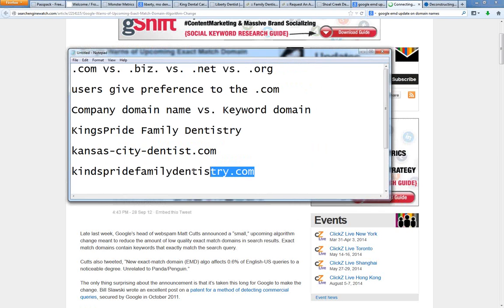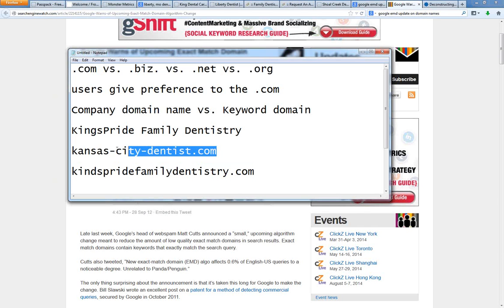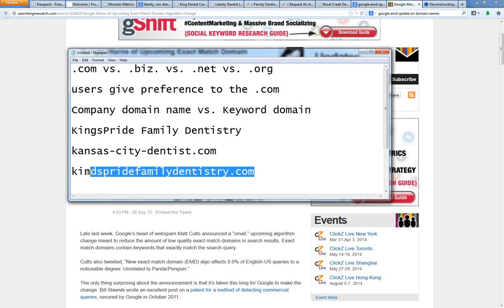If your company name is completely separate from the keywords in the keyword optimized domain, like for instance if it was King's Pride Kansas City Dentist, that's like a pseudo keyword optimized domain name because it has King's Pride in it. Most people would just go with kansascitydentist.com if they were going to try to get a keyword optimized domain. But if your keyword optimized domain is different from your company name, you want to be careful with that. And one thing that you definitely can't have is you don't want someone that has both of these. Because if they got King's Pride Family Dentistry and they have Kansas City Dentist, and let's say they're putting their marketing efforts into this one, but this is really their company branded website, you can run into some pretty heavy